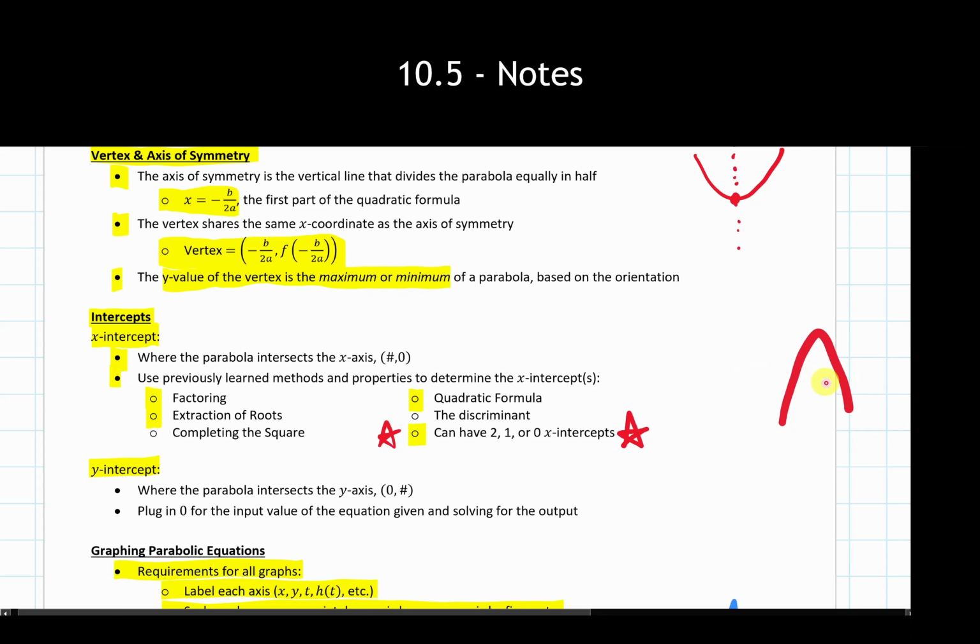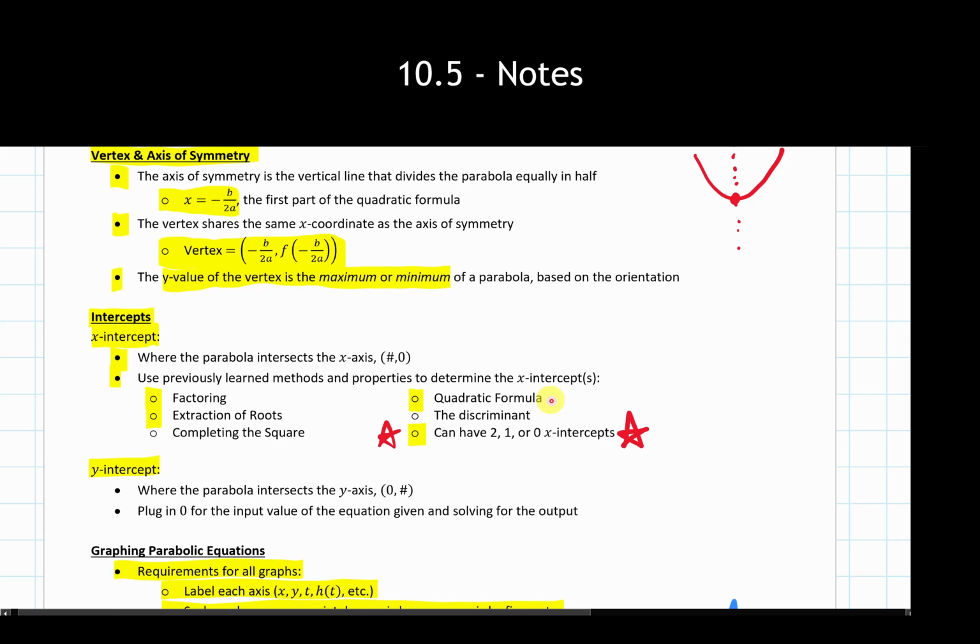Or maybe I have something where it just comes up and it touches the x-axis and goes back down, or the reverse of that as well. So all of these three possibilities are perfectly eligible in a problem. A lot of this just comes down to the nature of the problem and the equation that you are working with. There's not really any trick to guarantee that you're going to always have 2 x-intercepts or 0 x-intercepts or 1 x-intercept. It's all based on the problem that you've been given.